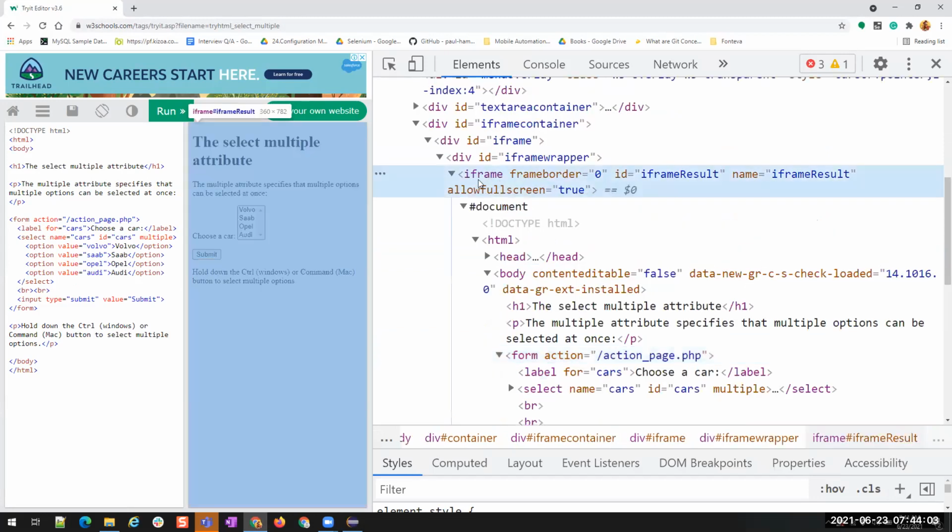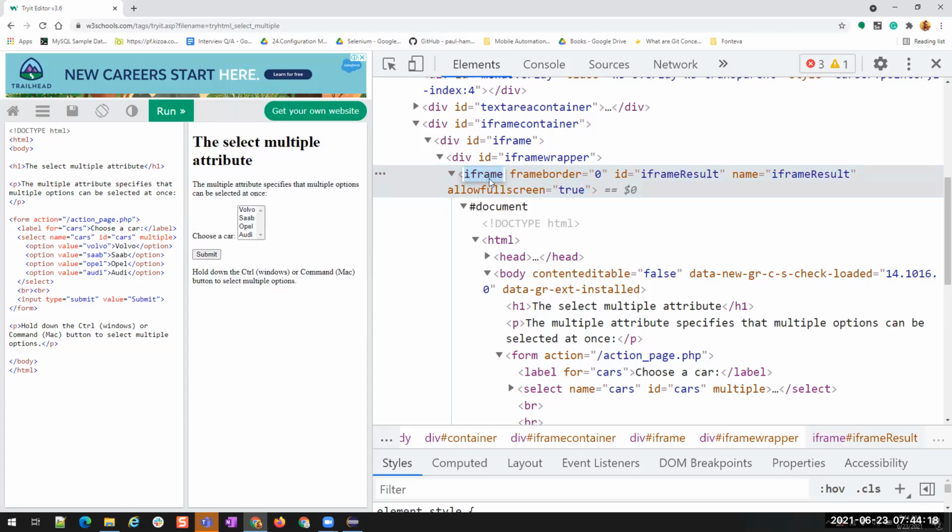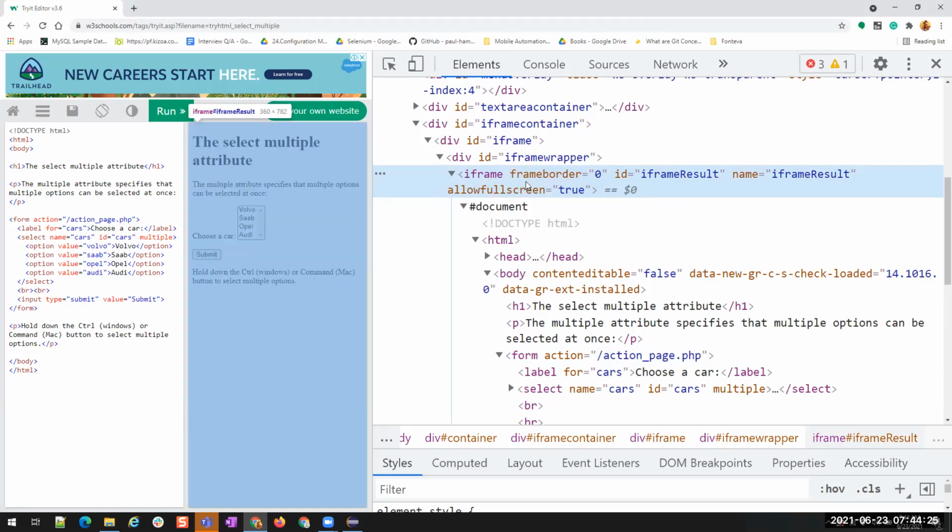You see here, iframe. There is an extra tag called iframe. Are you able to see this iframe? Yes, Nikhil.